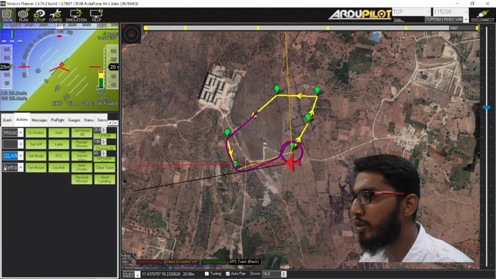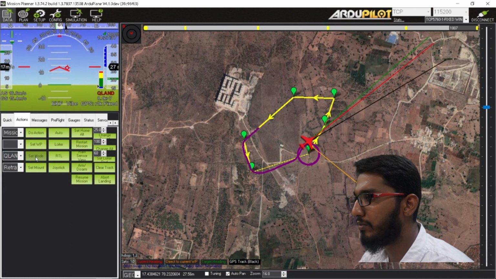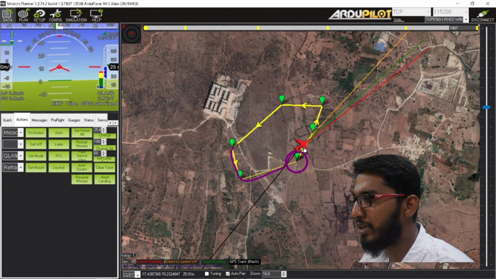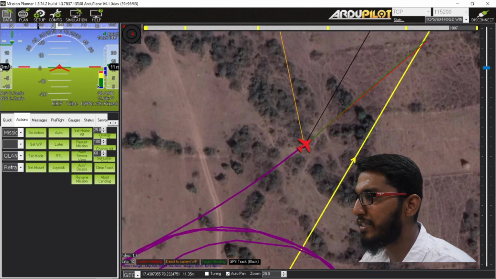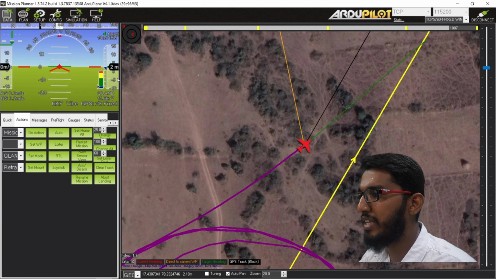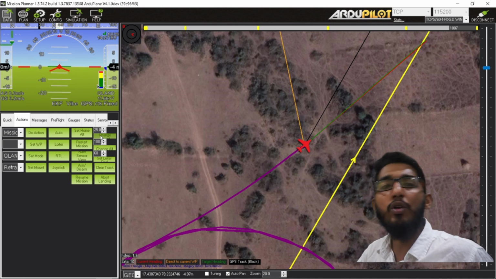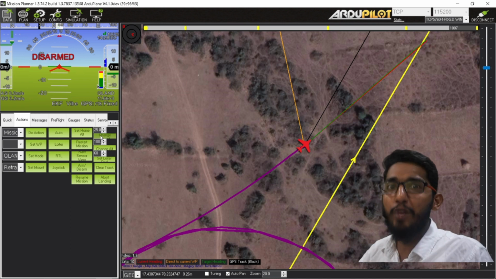I am going to do a Q land. Let's see. Set mode. Now the aircraft has converted into quadcopter mode and it is reducing its altitude. You can see altitude is reducing down. Forward speed is 0 now. Here you see the aircraft has safely touched down on the ground. That is how you do a safe and sound VTOL mission planning simulation. Now you will see the live video which I have done in the field.